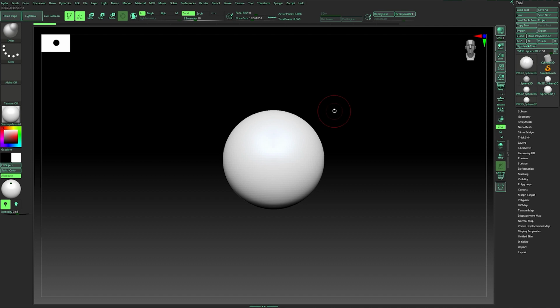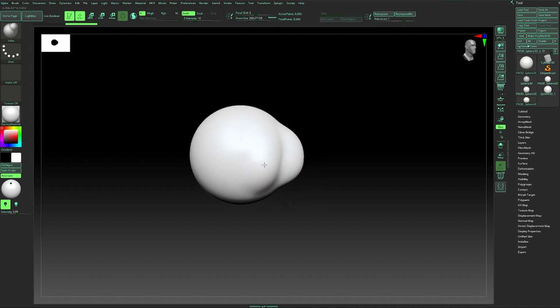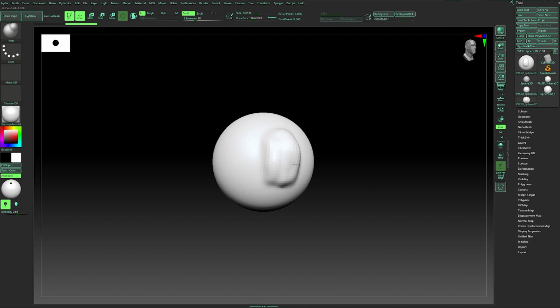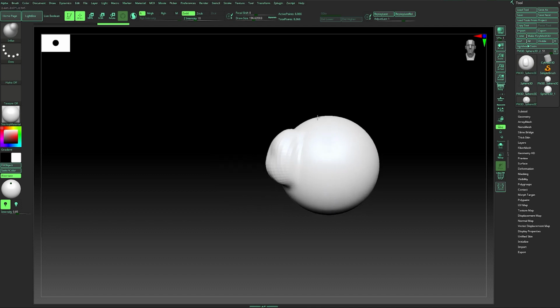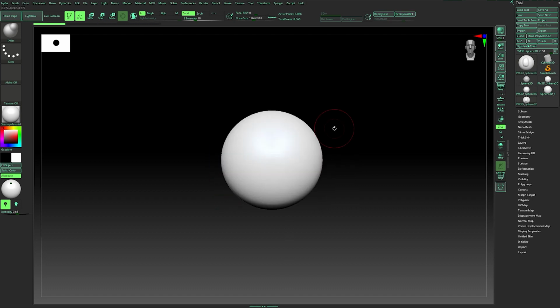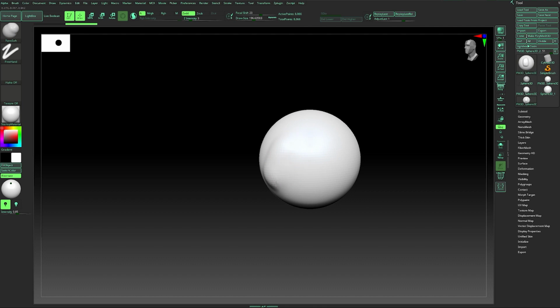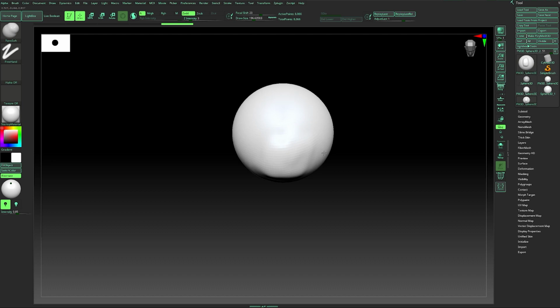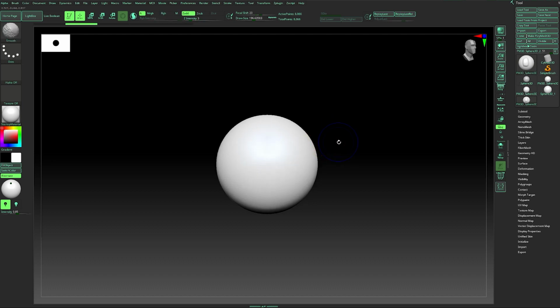The next tool is the inflate brush. Inflate brush actually gives some volume to parts of your model. For example, if I sculpt something here, I can use the inflate to increase the volume of this specific portion of my model. You can also use the foam soft brush. It's great for adding organic volume. I'm not used to using this so much, but it's a great tool. Actually, maybe I'll consider using it in this course.